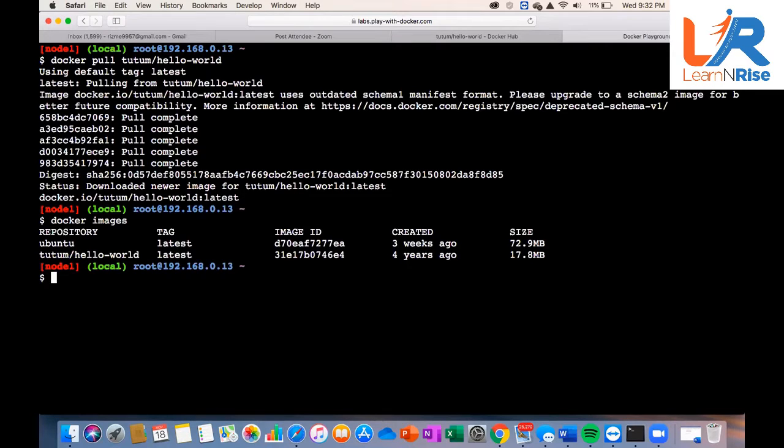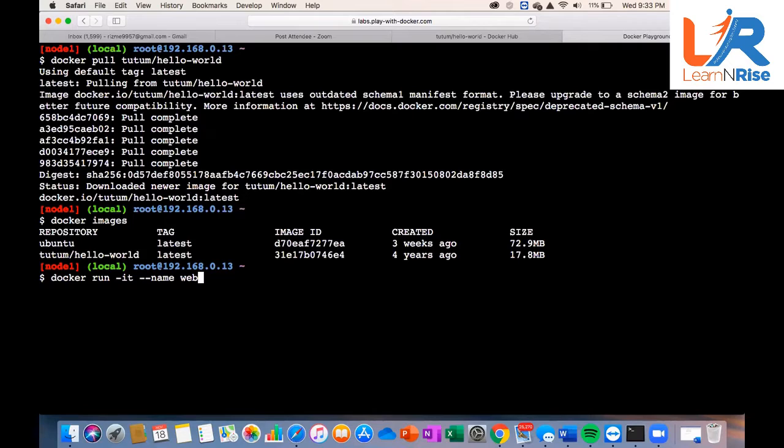So type docker space run space -it space --name. Any name you can give. Let's say we give it the name web.